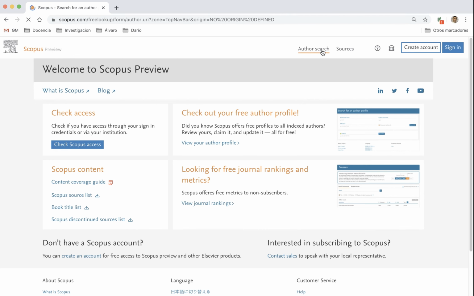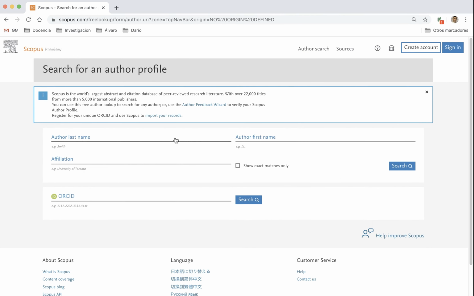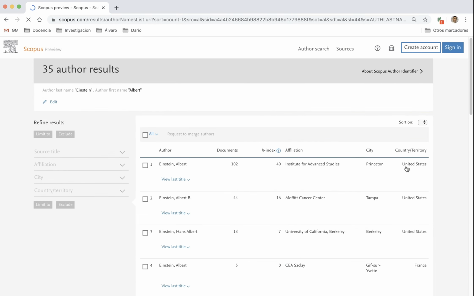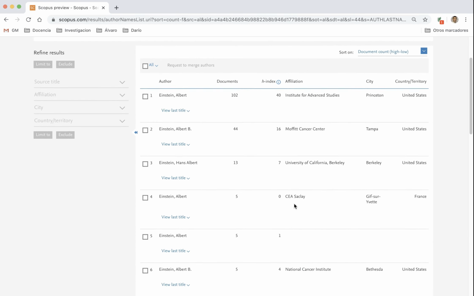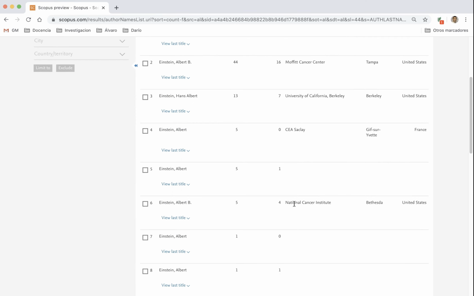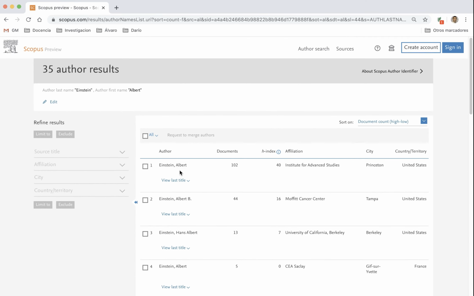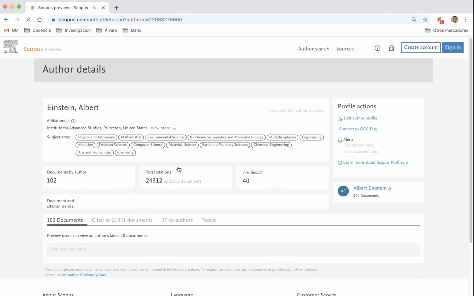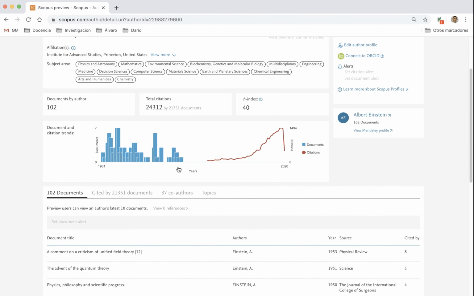The first thing we are going to do is the author search, and we are going to give as an example looking for papers published by Albert Einstein. We type the last name, the surname, and we make a search. So we have different names, and probably some of these registers agree if they have not been mixed. We consider that the most relevant one, or the real Albert Einstein here, is the one of the Institute